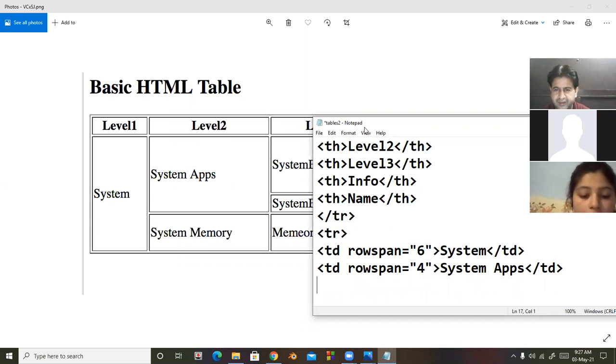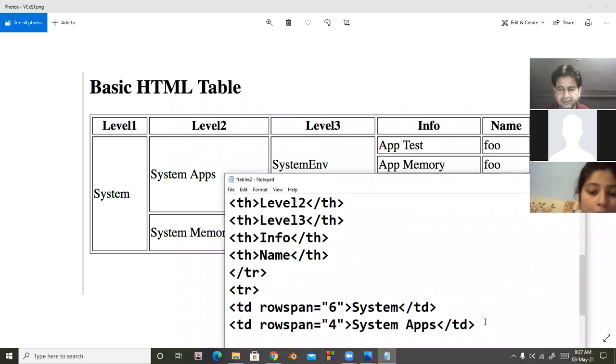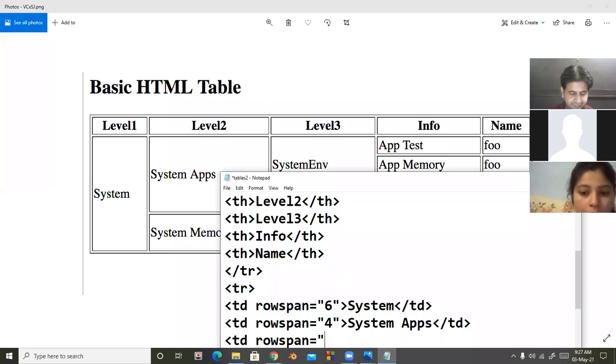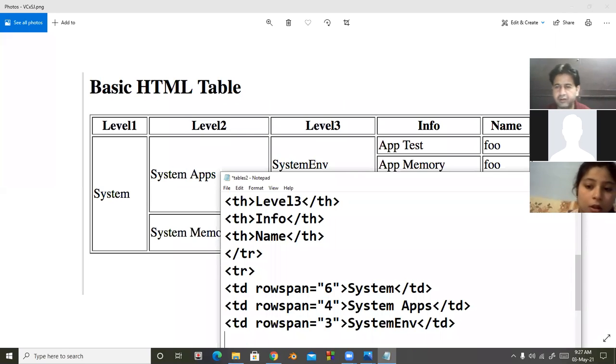Next, in level 3, 3 cells are merged. So I'm taking here TD rowspan equal to, look at here, 3. Here is system ENV. Then TD closed.